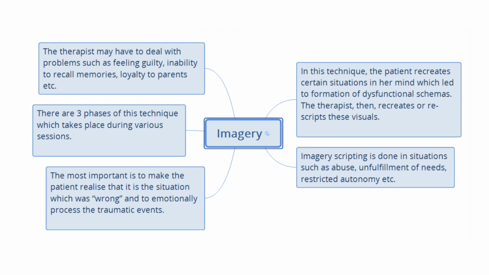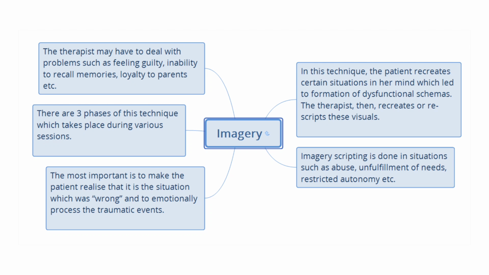Imagery rescripting helps the patient become aware of her own feelings and needs and learn better ways of dealing with them. She also starts to ask for help and support from the people she trusts. By using this technique, the abandoned child can be made to feel safe, protected, and comforted. The punishing side can be neutralized. The angry child can express her rage about the violation of her rights, and the healthy adult can learn when to take action when she sees a situation in which the child was improperly treated.